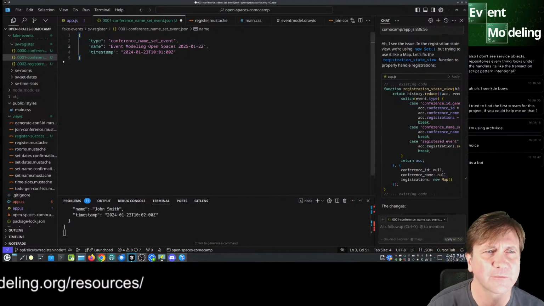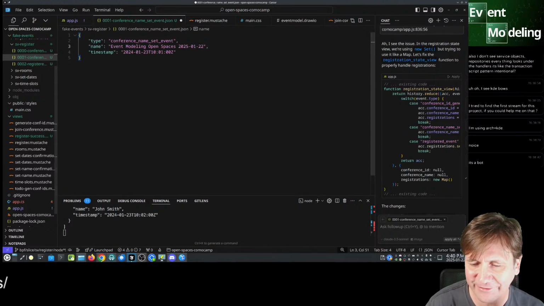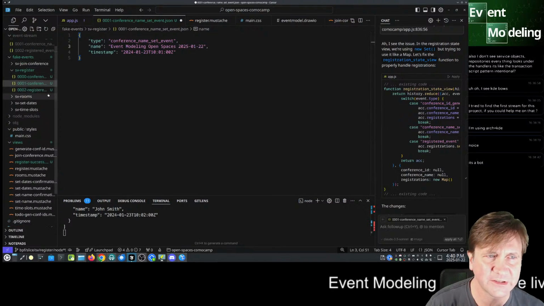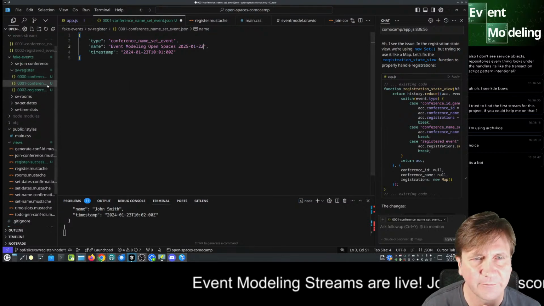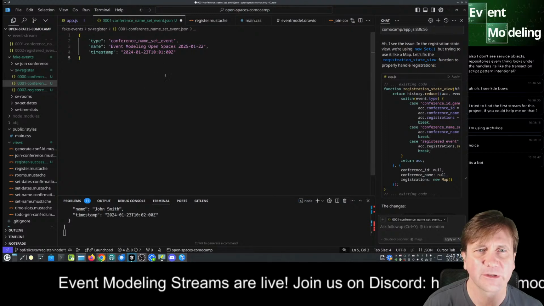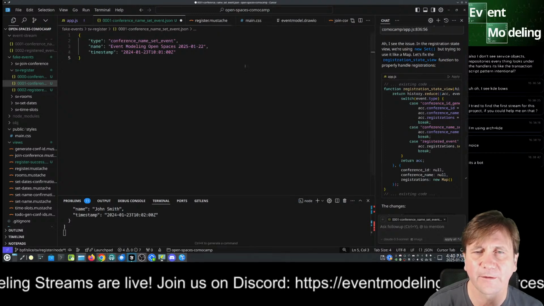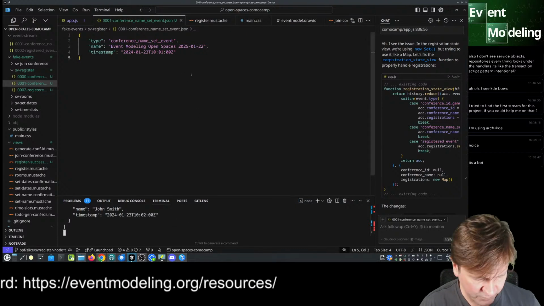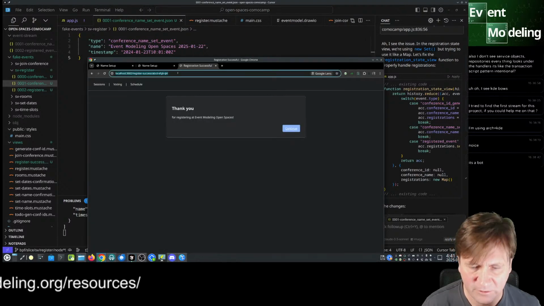Yeah, so you shouldn't be editing these. Obviously, that's not how you do it. But in testing environments, sure, go ahead and do that. The reason I wanted to change that is so that I could just refresh this page, and